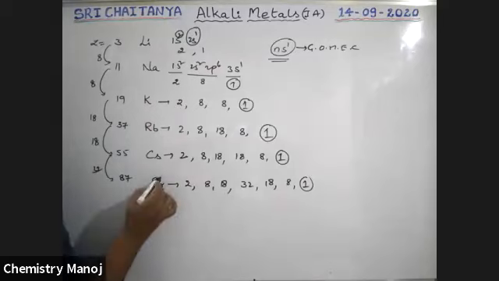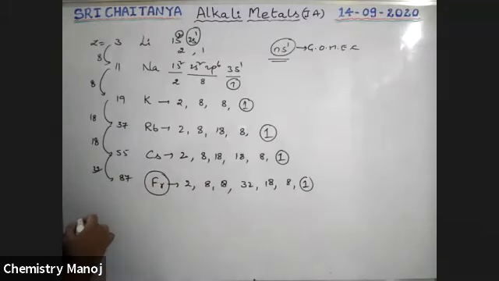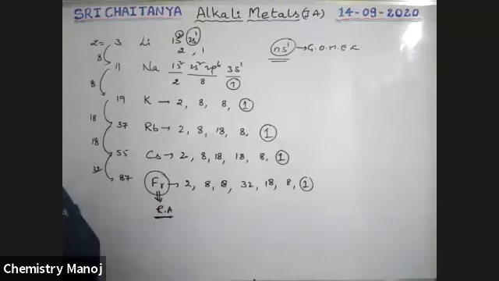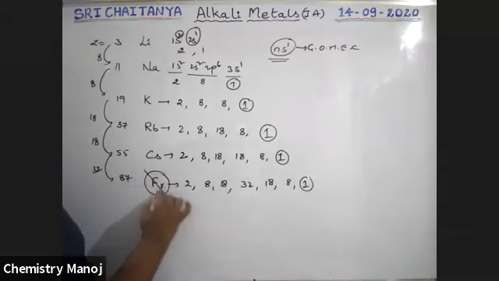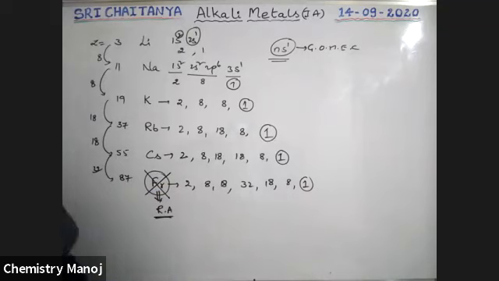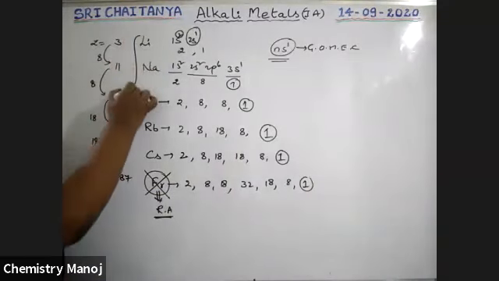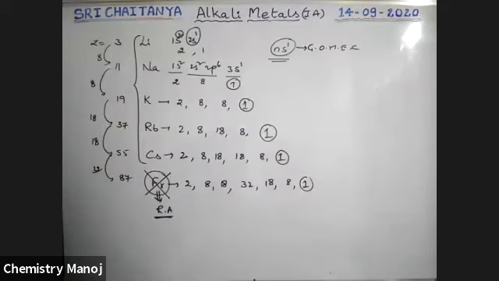Among all these elements, francium is the last element, which is a radioactive element, boys. That's why its chemistry is almost negligible, because it is unstable. So in the study of alkali metals, I am neglecting francium. Only lithium, sodium, potassium, rubidium, cesium, these 5 elements we are considering. Francium is neglected because it has a very short time span and it is not possible to find out each and every property.